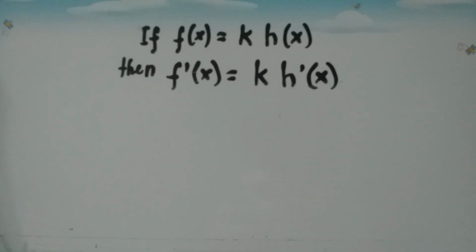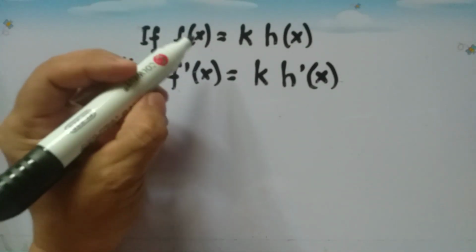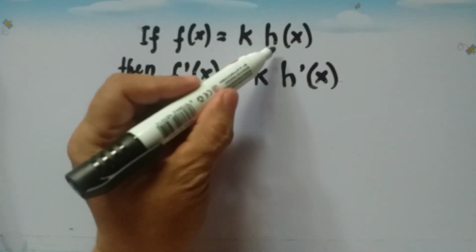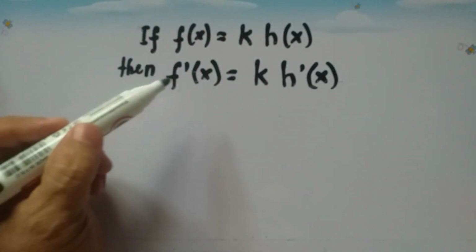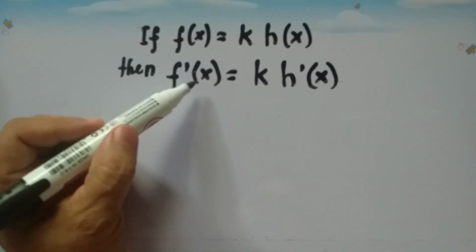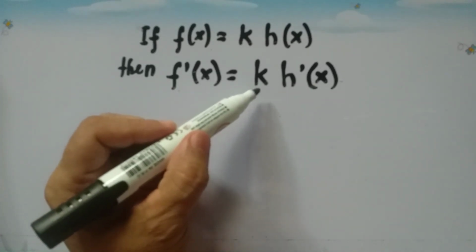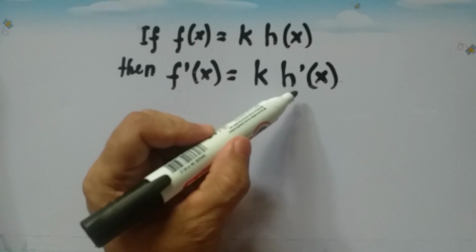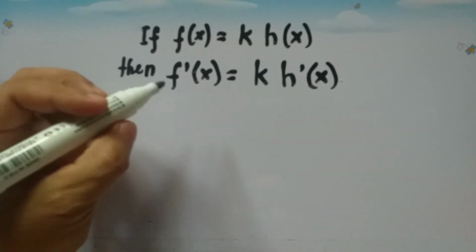Talk about the constant multiple rule, and it says that if f of x is equal to k times h of x, where k is a constant, then f prime of x, or its derivative, is equal to k, or the given constant, times the derivative of the given function. So let's say we have